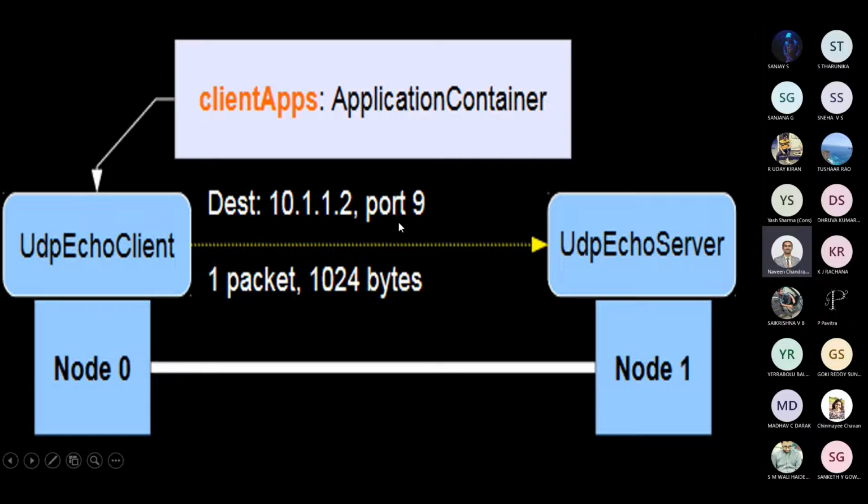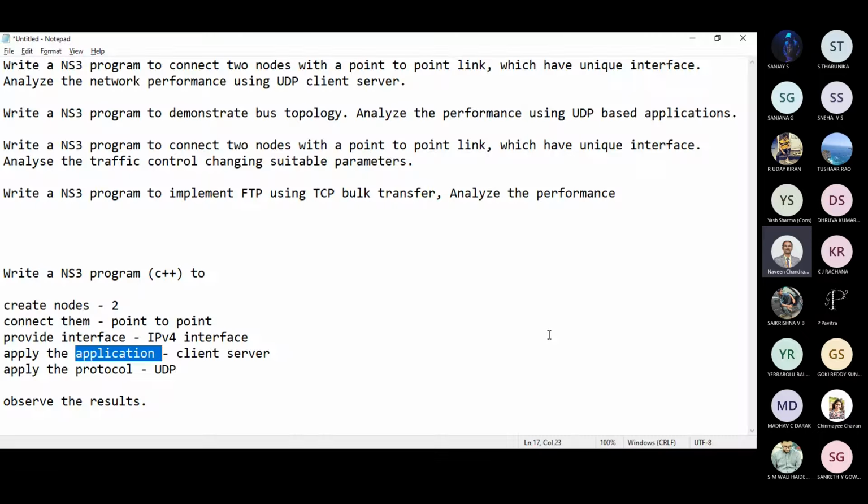Is 9 compulsory? No, my dear. Who has defined this port number 9? This is the port number of the server, which is defined by the server only, letting all the clients know. The port number of the server is not defined by the client; it is defined by the server itself. So we are done with the 5 steps: creating 2 nodes, connecting them